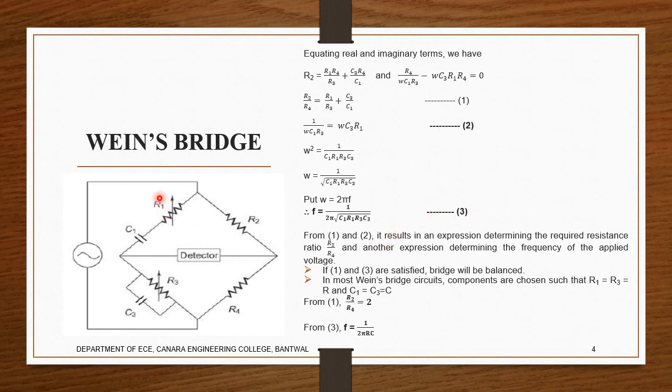So what are the things? These two parts will determine the characteristic of the Wien bridge. These are just to balance it. The main factor considered here is R1, C1, R3 and C3. So we have to think about this here. Okay, we just need to substitute the values there. Here we have to remember the conductance factor, that is the RG combination, and the admittance combination here, since R3 and C3 are parallel to each other.